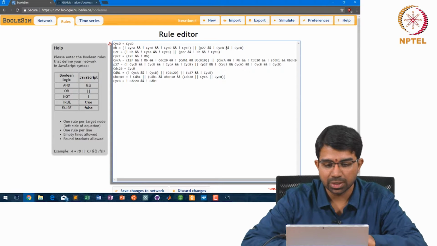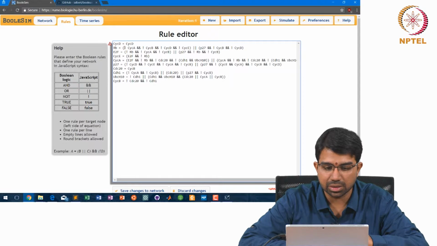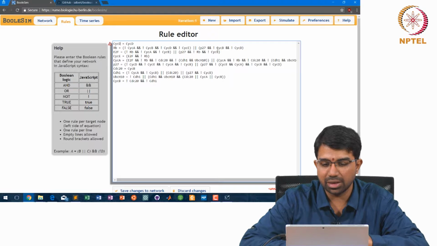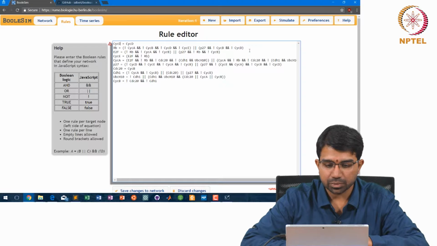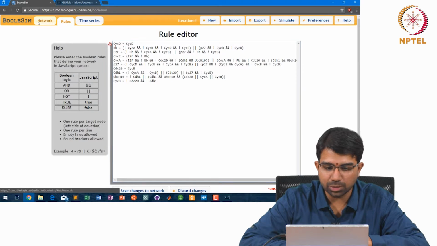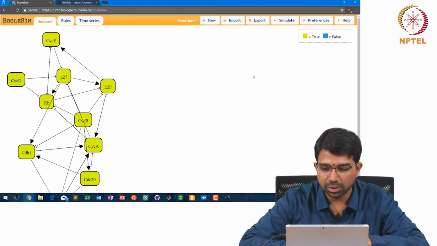For BoolSim, it just says something like Cyclin D equals Cyclin D, RB is not of cyclin A and not of cyclin B and not of cyclin D and not of cyclin E, or P27 and not of cyclin B and not cyclin D, and so on and so forth. So, these are the rules. Once you put in these rules, you can just tap simulate,